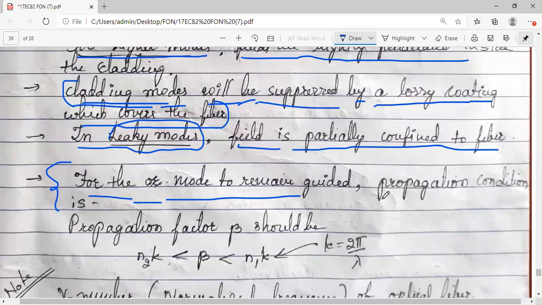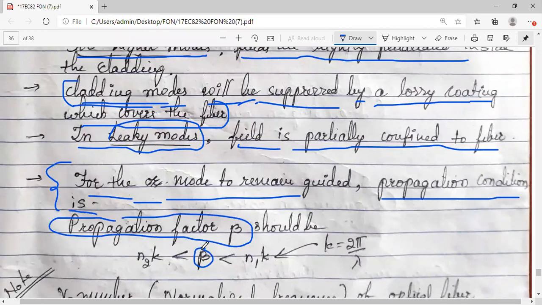The propagation condition: there is a condition for the propagation to take place. That condition is this beta value, which is a propagation factor. You know about this already. We have studied about this propagation beta. For beta, we had considered n1 into k. Whenever it comes from air to the core material, the value of the propagation constant is increased by this, and the lambda will be decreased to lambda by n1. We have seen what changes occur.